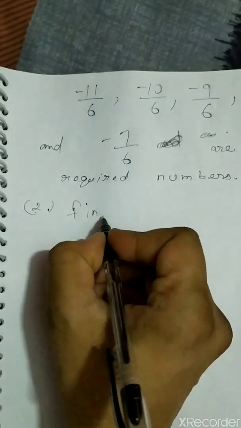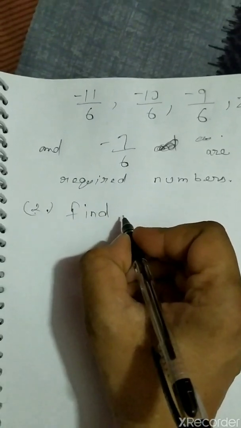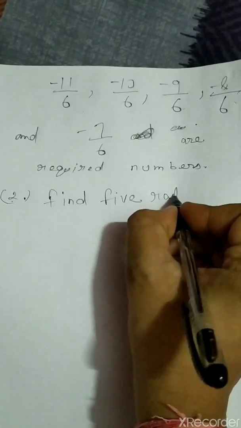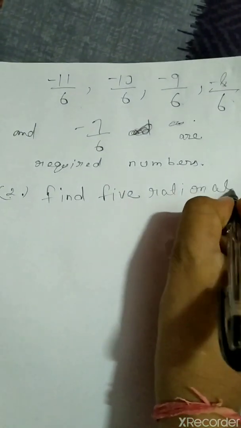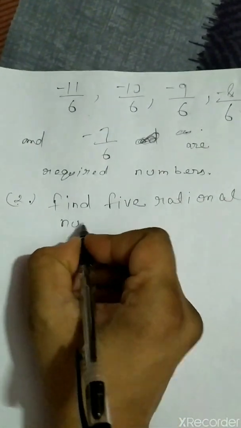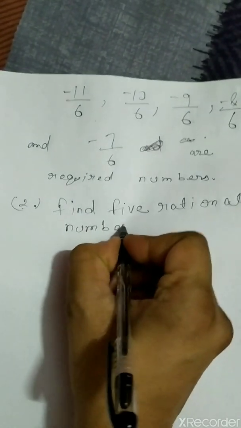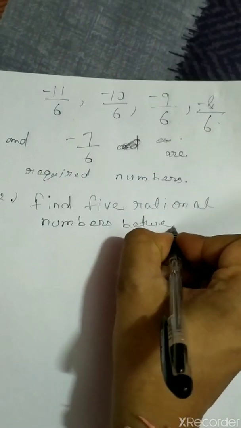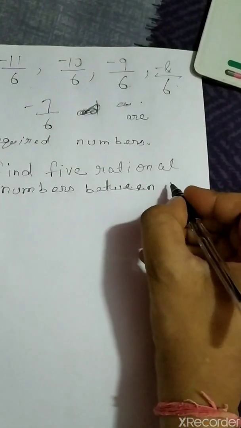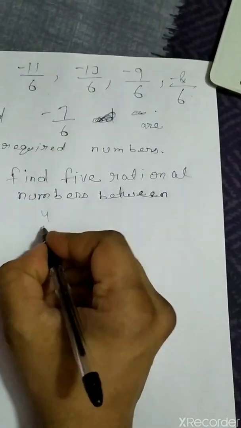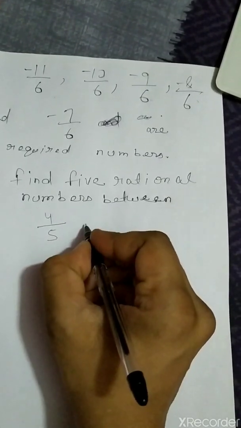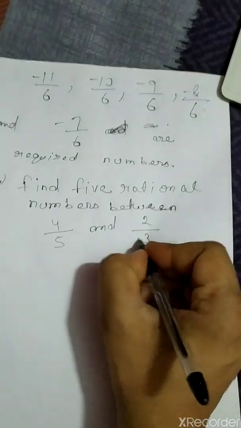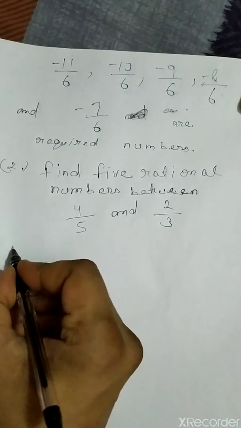Find 5 rational numbers between 4 by 5 and 2 by 3. So in the solution you can write that